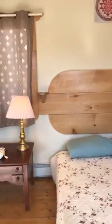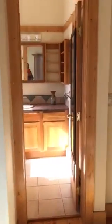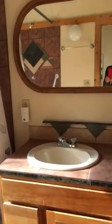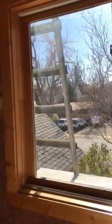Okay, master bedroom, very bright and light, windows on all 4 sides. 3 sides, sorry. No, actually 4 sides, yes. 1, 2, 3, and the 4th one really is more the bathroom, but it is very light and bright too. So this is the full bath on the upstairs,